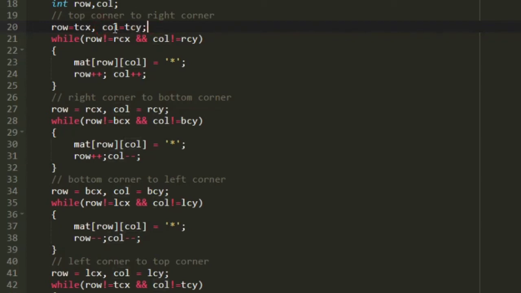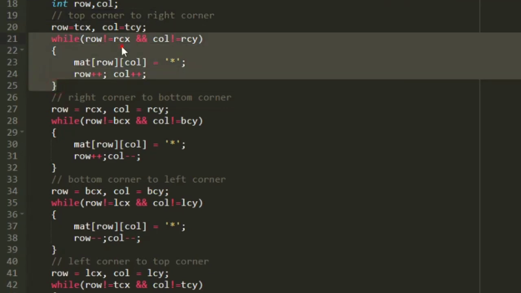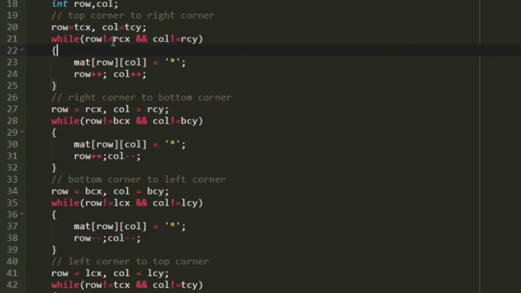So we will be storing the row and column variables in the two integer variables named row and column, and we will be updating their values until the value of row and col becomes equal to the ending, that is right corner. So the right corner variables will be represented by rcx and rcy, that is row related will be represented as rcx and column related will be represented as rcy.